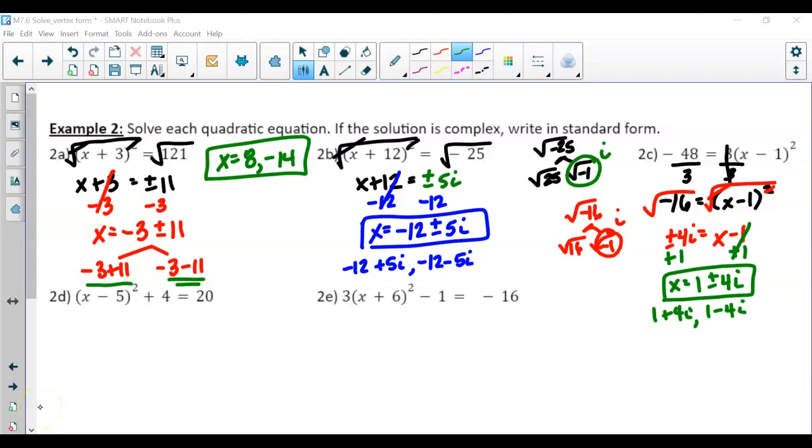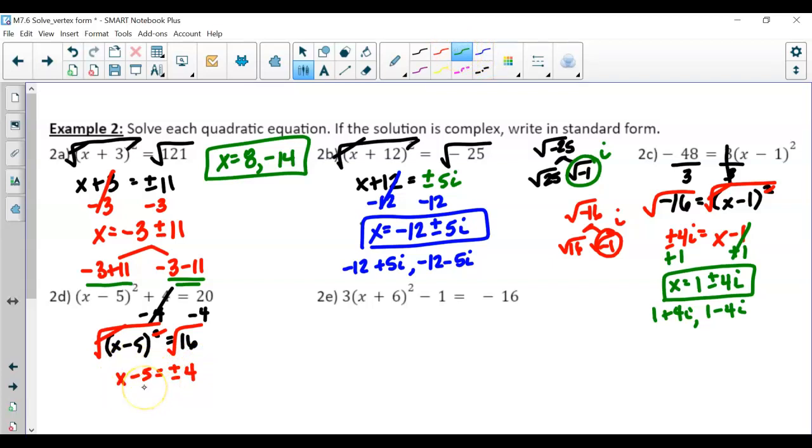So now for our next example, again, here's our parentheses all grouped together being raised to the second power. But is this by itself? Can we take the square root? No, because we're adding 4 to it. So what do we have to do first? Subtract the 4, right? We got to isolate. So inverse operation. We've got x minus 5 to the second power is now equal to 16. Now we can take the square root. And so now here, x minus 5 is equal to, well, the square root of 16. Well, that's just 4. So plus or minus 4,